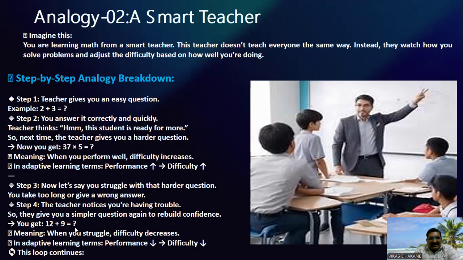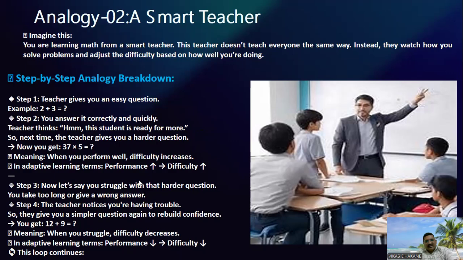Now you get 12 plus 9 as the next problem, meaning now that you are struggling, what does it mean here? When you are struggling, when you are facing difficulties, you can see the performance decreases. Okay, sorry, if the difficulty decreases, performance also decreases. If the difficulty increases, the performance increases. Okay, so